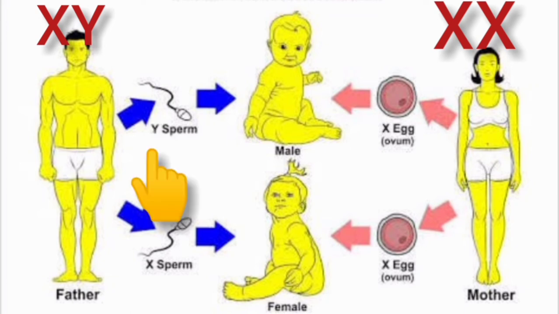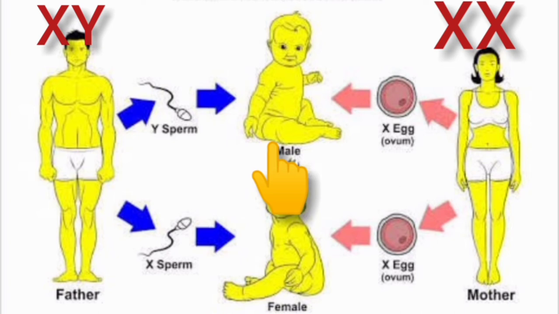After fusion of the male and female gametes, the zygote would carry either XX or XY depending on whether the sperm carrying X or Y fertilized the ovum. The zygote carrying XX would develop into a female baby and XY would form a male. That is why scientifically it is correct to say that the sex of the baby is determined by the father,